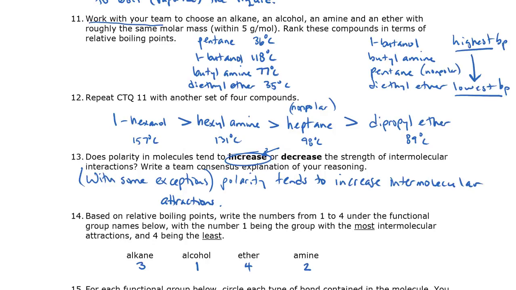Okay, so are these the numbers you have? The alcohols are clearly the highest boiling points. The amines are clearly the second highest. Alkanes and ethers are pretty close, so I'm going to have to go with 3 for alkanes, slightly higher in both these cases. Not much difference in those, but quite a big difference between 1, 2, and the other 2.